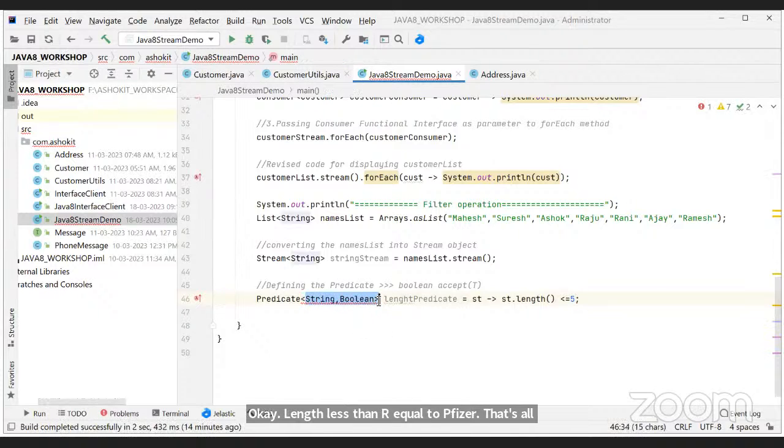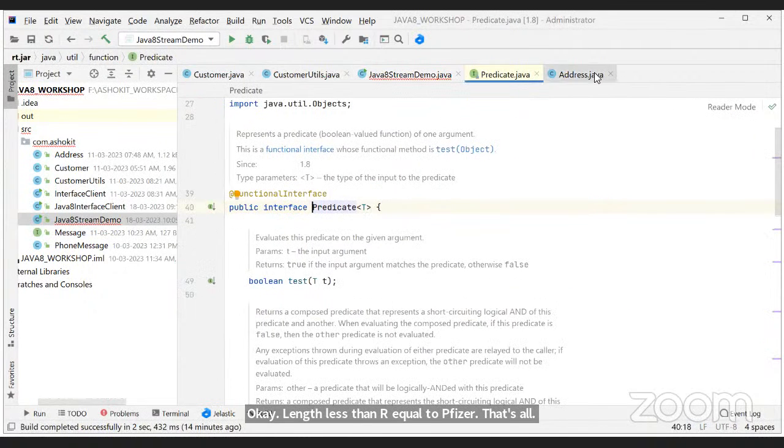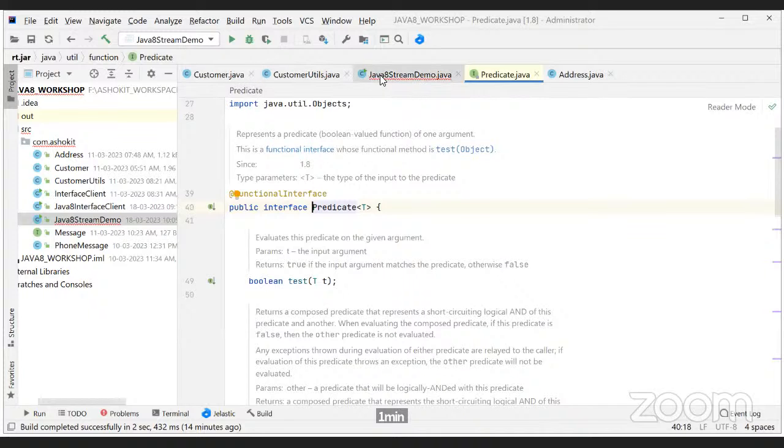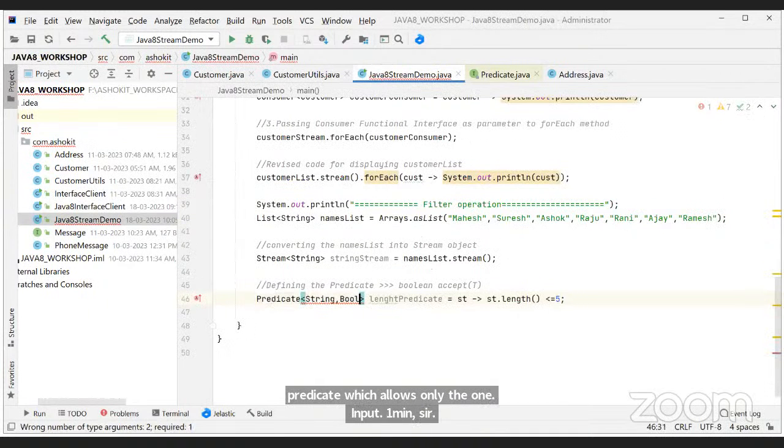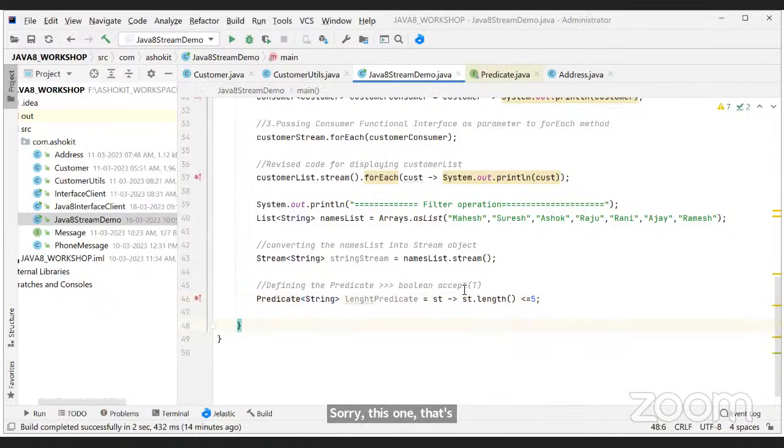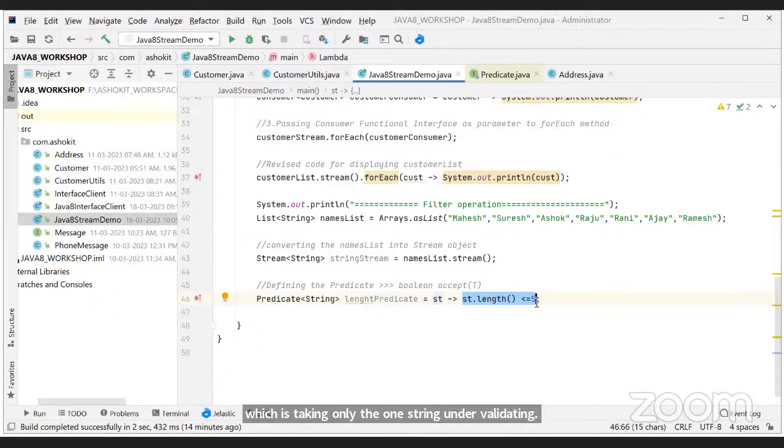Hope you are clear. A predicate which allows only one input. This is the length predicate, sir. What is it doing? The predicate takes only one string and validates the string length. If it is less than or equal to 5, it will return true.